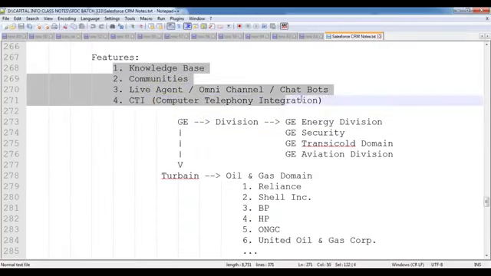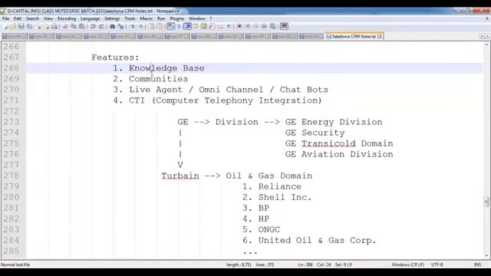These are the 4 additional features offered by Salesforce as part of Service Cloud. Now let's see each and every feature, what exactly this knowledge base is, what is this communities, live agent, CTI, we'll see one by one. Now, generally, whenever I'm using any product from any organization,